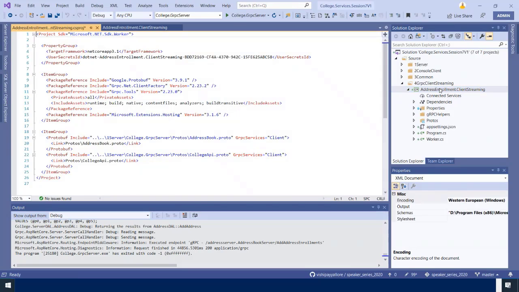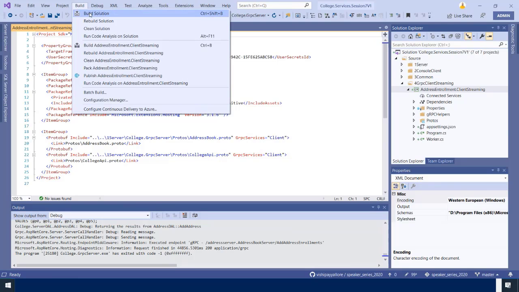Let's quickly check that. It has added the protos, as well as the NuGet packages that we require. Let's do a build and see if we have any squigglies.